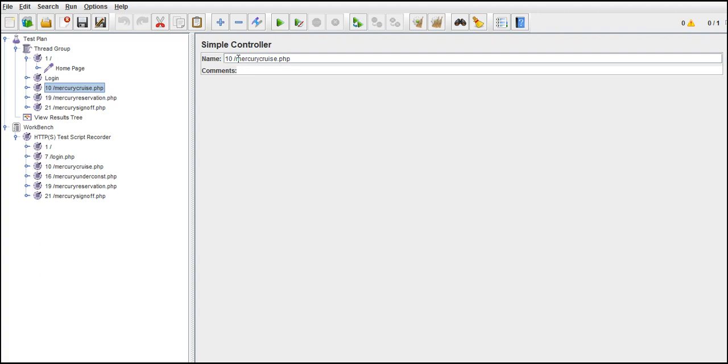Login, Mercury Cruise, and reservation. Sign off.